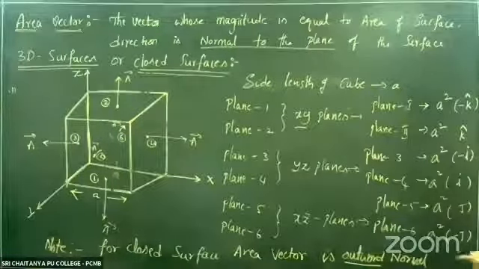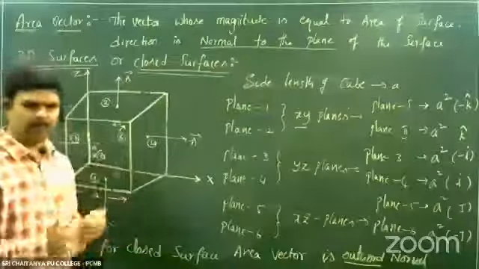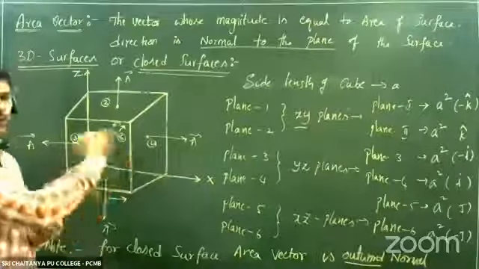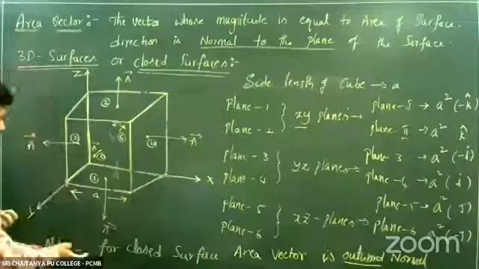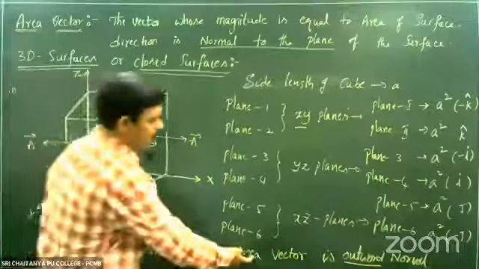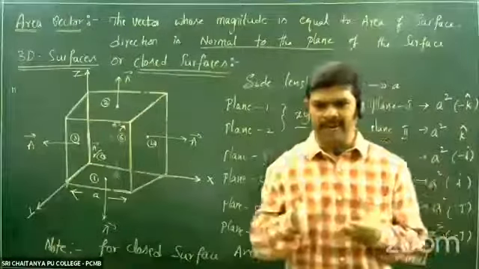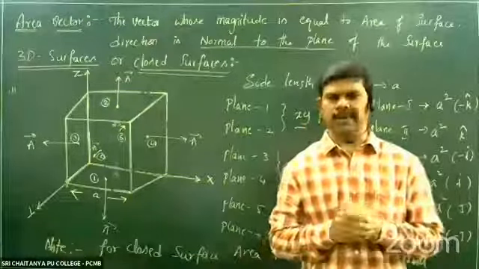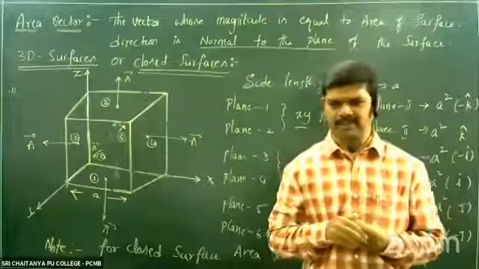I hope you understand, and you just go through it tomorrow with some more examples and problems we discussed. Nothing to worry, it comes after two to three repetitions. But one important point, note it down: for any closed surface, the area vector is an outward normal. But for a plane, it may be inward or outward. Right? Tomorrow we continue this topic with some more examples. Thank you.